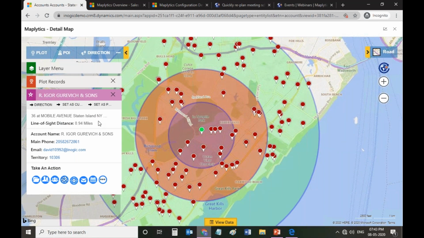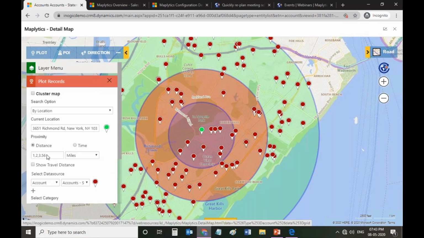This is how, using the line of sight distance values, you can judge which push pins are near to you and which are far from you. In case you want to travel to that push pin, the line of sight distance is basically the straight line distance from the current location to each of the push pins. You might wonder if the travel distance is also the same as the straight line distance. Obviously, practically it won't be the same, which is why we have given another option of show travel distance.